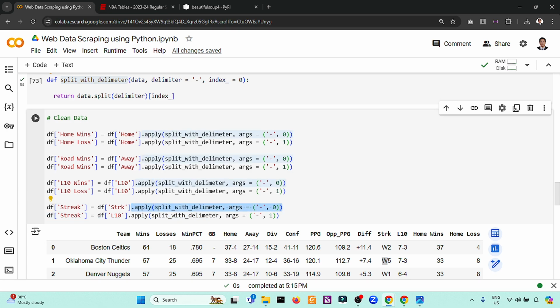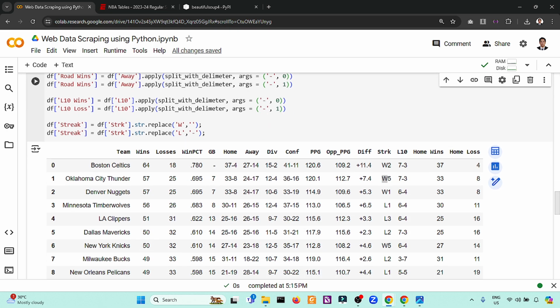So it's easy to do that in Python. You use str replace W with blank. So copy this one. So the streak. So replace L with negative.